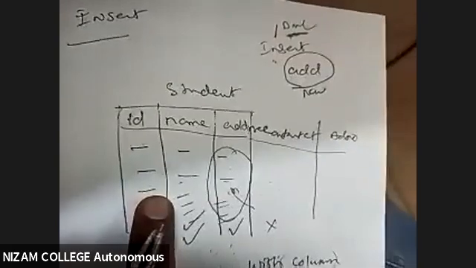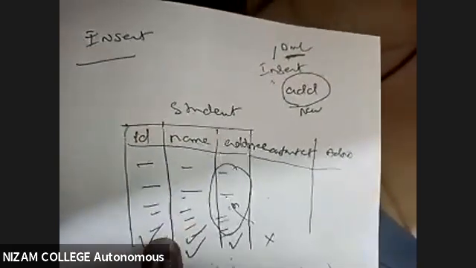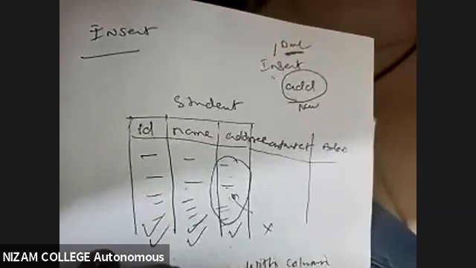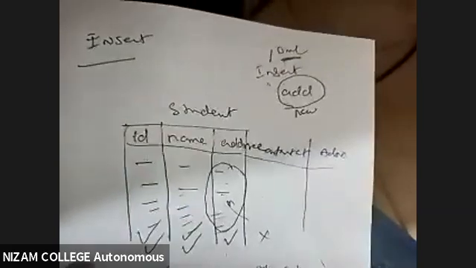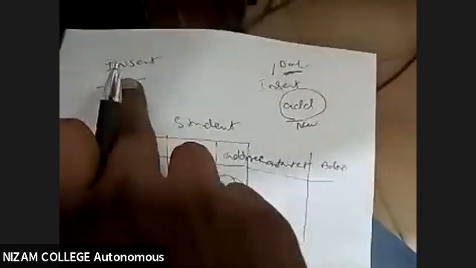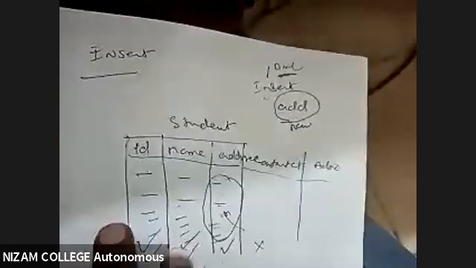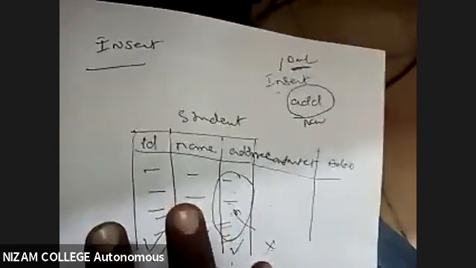The table exists because we have already used the DDL command, the data definition language command, to create the structure. So assuming the structure is ready, now our duty is to add the records. Your boss or your teacher has given you the assignment to fill the records. So when I'm trying to fill the records, I have to use the command called insert, and insert has 3 different flavors.